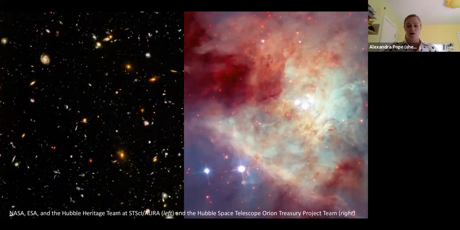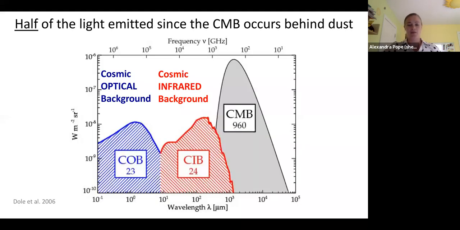And so all of that remaining light we know is getting caught up in the infrared. And the most fundamental observation that shows this to us is the plot here showing the total power as a function of wavelength in the universe. So we can see the cosmic microwave background dominates by far. That's our relic of the Big Bang. But everything that's happening in terms of galaxy evolution, star formation, planet formation is coming out through the infrared and optical backgrounds. And you can see that those are two bumps, and they're roughly equal in power, shown as the